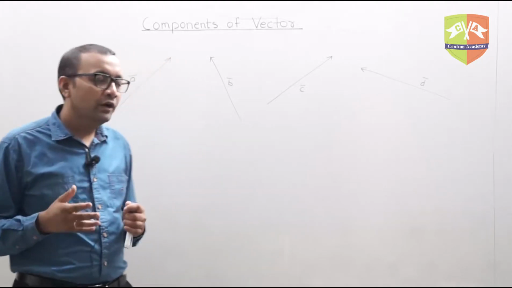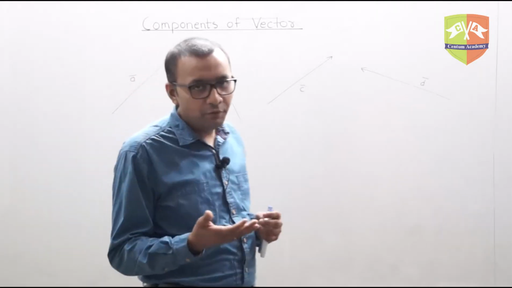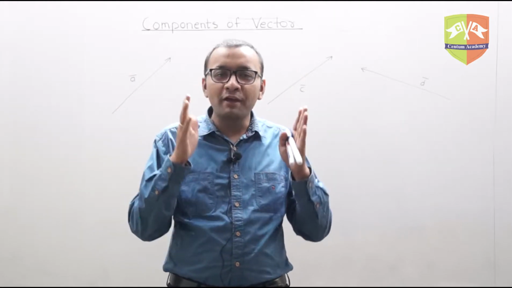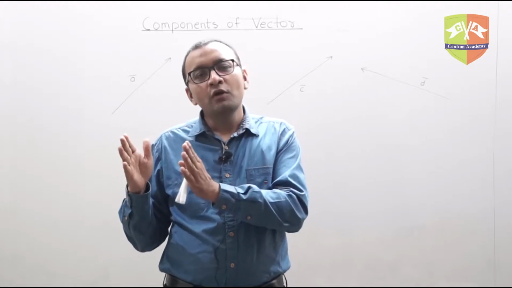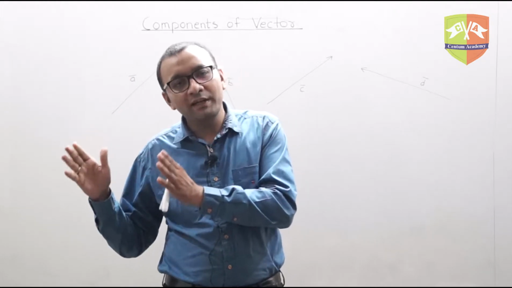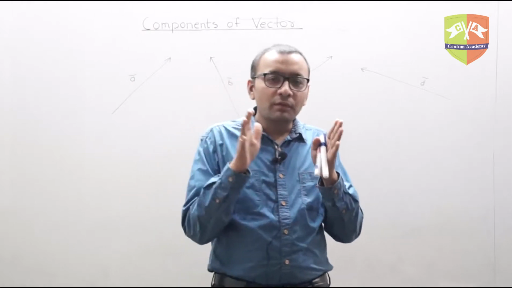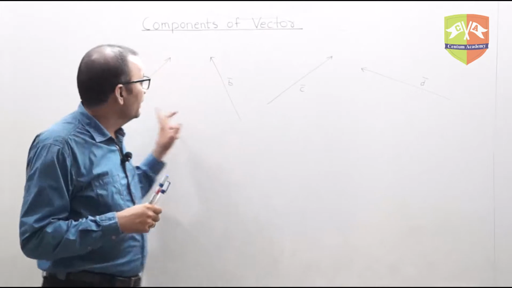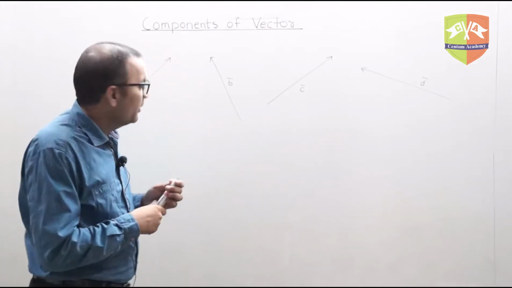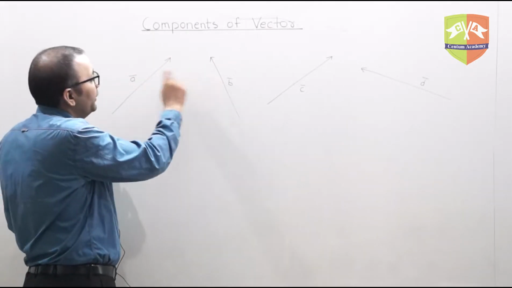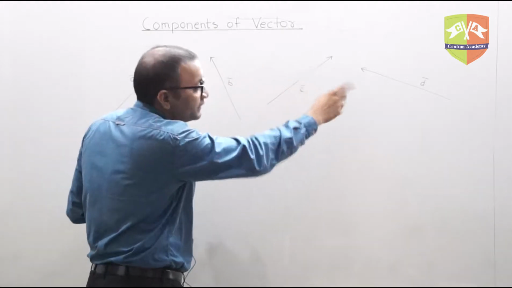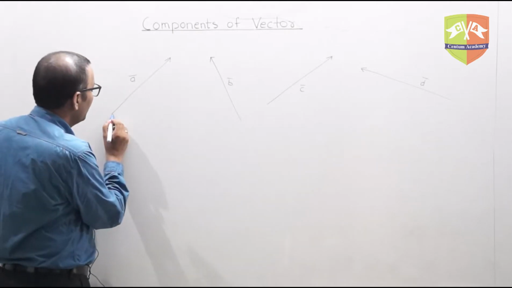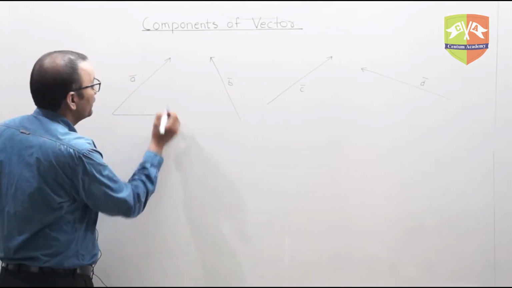Now when you were dealing with numbers, for example, you have to add 5, 3, 2, 1, what you do is 5 plus 3, 8, plus 2, you have 10, and plus 1, 11, right? So it becomes very easy. Now with vectors, if you want to add these things, you have to first connect head to tail, find the resultant, then this, then that, alright? That is one way. The other way could be,